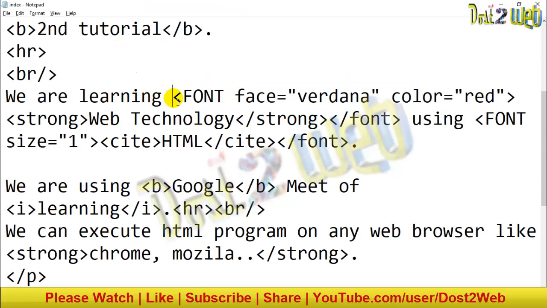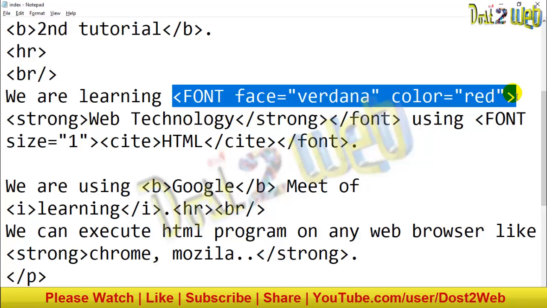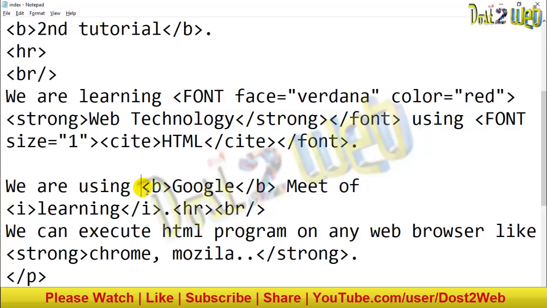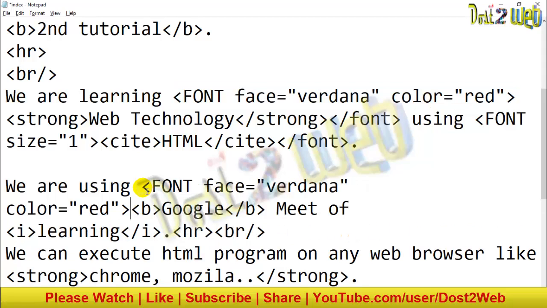So what I'll do, I'll use the same font tag here, and I'll change the font face to Chicago. Okay, so I'll use this one.